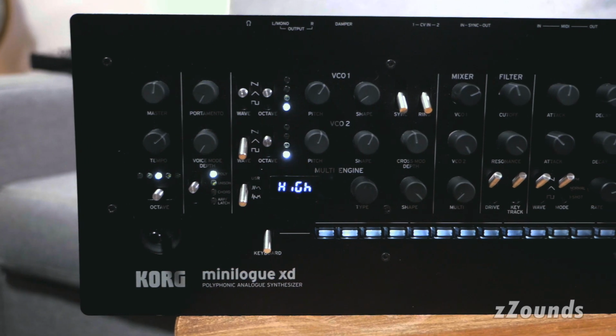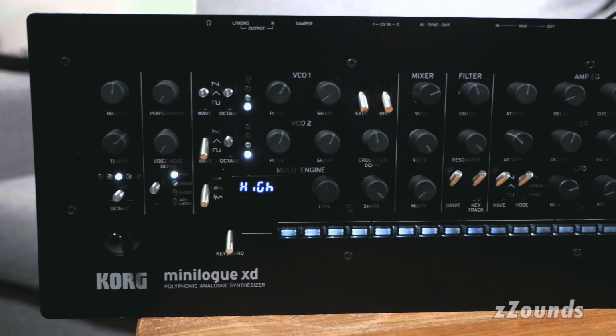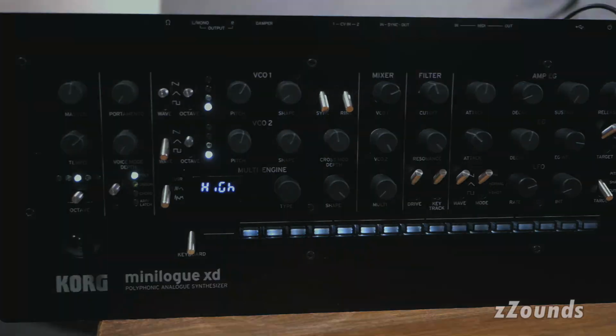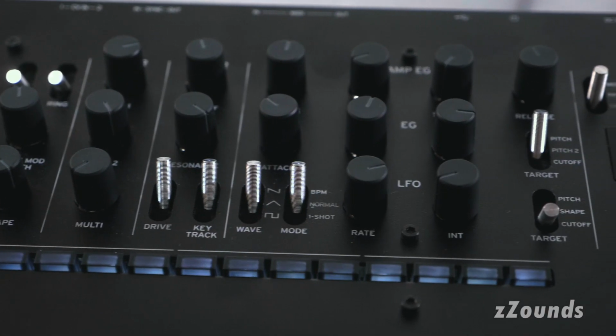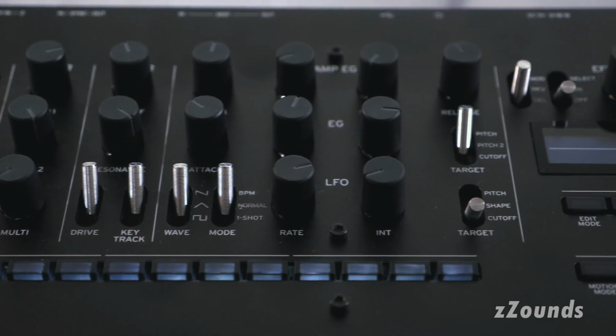Then the sound sources run into a filter, which is newly revoiced with a massive low end and is kind of a best of both worlds situation from the original Minilog and the Prolog and Korg Monolog. To provide you with some modulation, you have an LFO and two envelopes, and the modulation envelope has been simplified a little bit, but is still very powerful, allowing you to target multiple destinations and modulate to your heart's content.